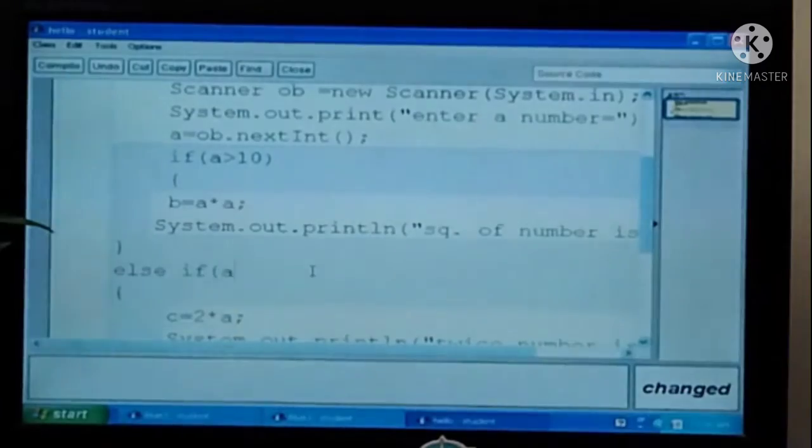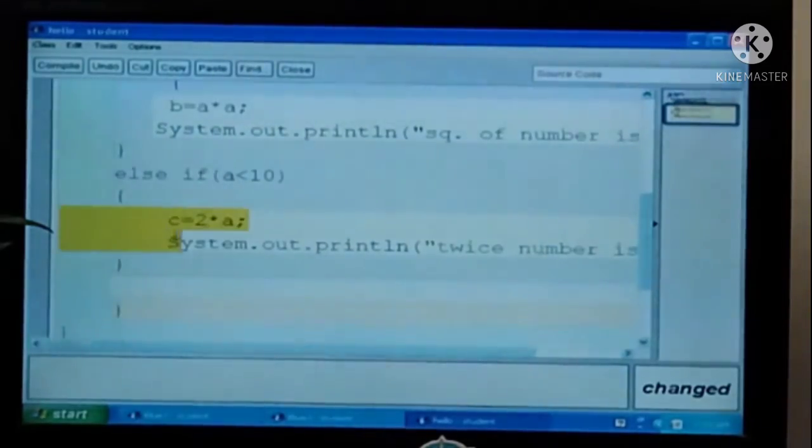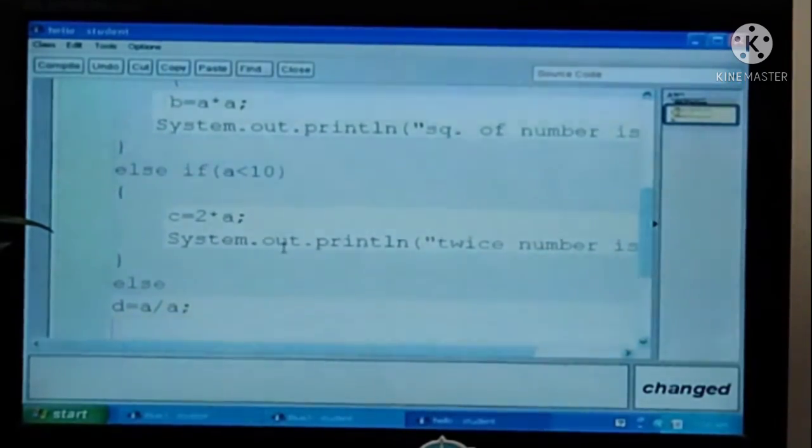Else if, suppose a is less than 10, this block of statements gets executed. Then here I will write a simple else. Else what to do? d equals a slash a, and I am printing it.